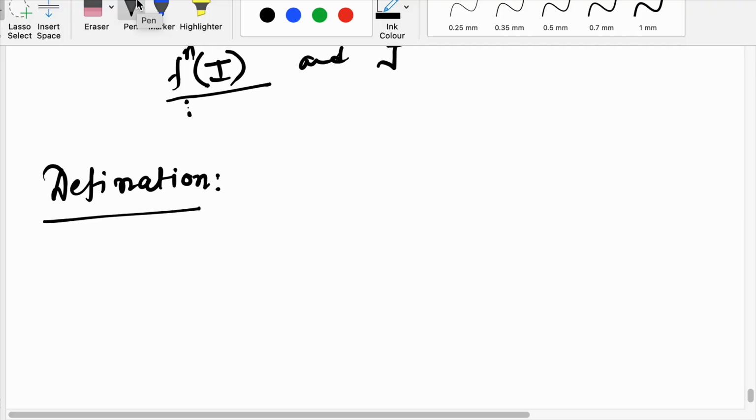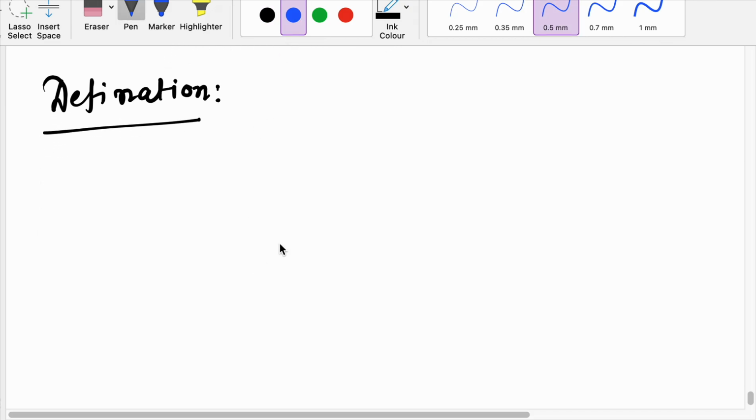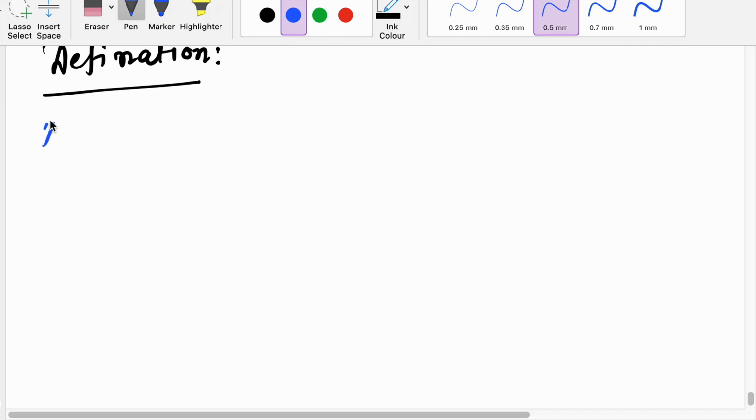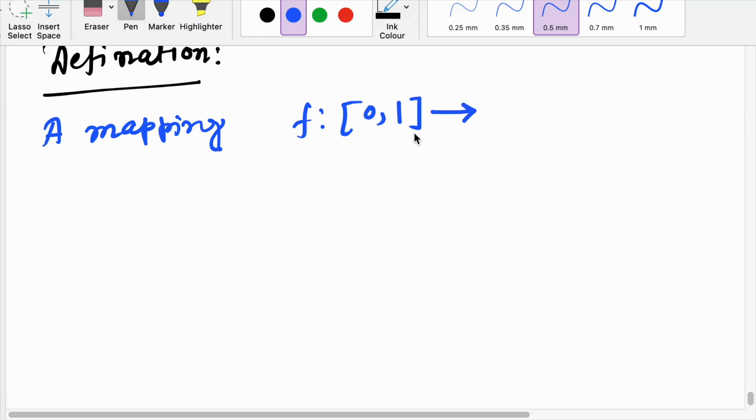Let's see what is the definition of this transitivity. A mapping f from 0 to 1, which is a compact map, that means it maps this interval onto the same interval, that means domain and codomain are the same, is transitive